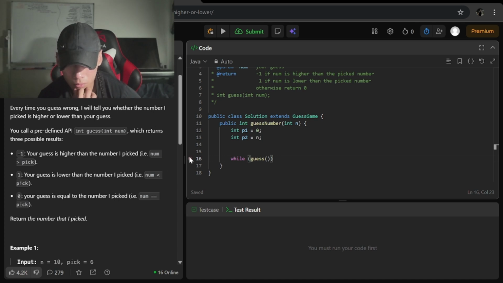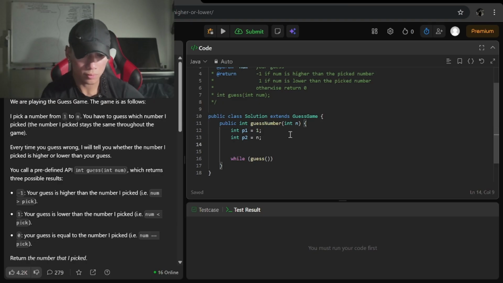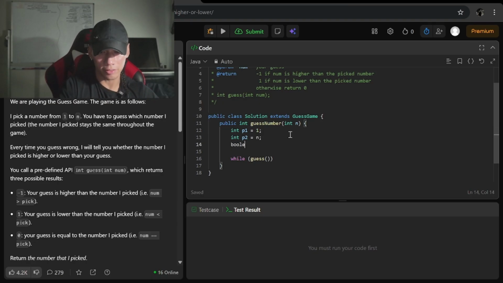Left could equal 1, and then right has to equal n. Let's use a boolean for this loop. Left is equal to 1 because the range is 1 to n, and then right is equal to n minus 1.